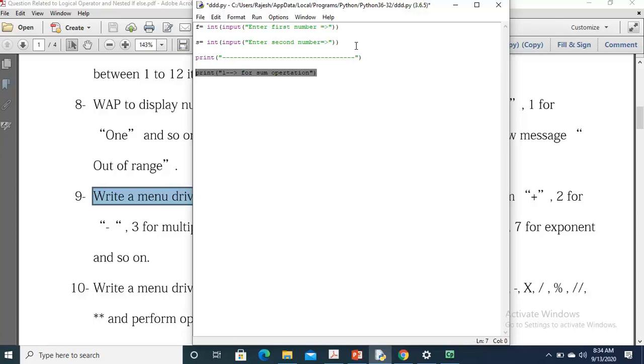I will copy it, and then Control V, then 2 for subtraction.